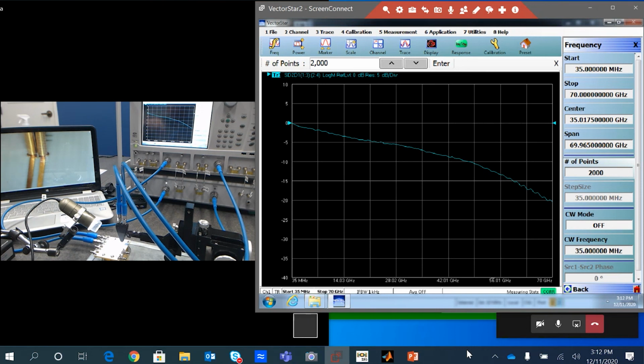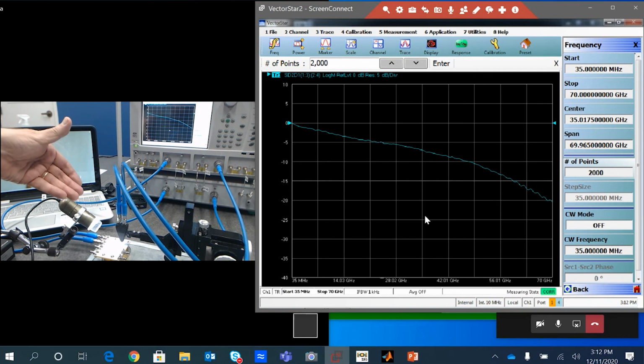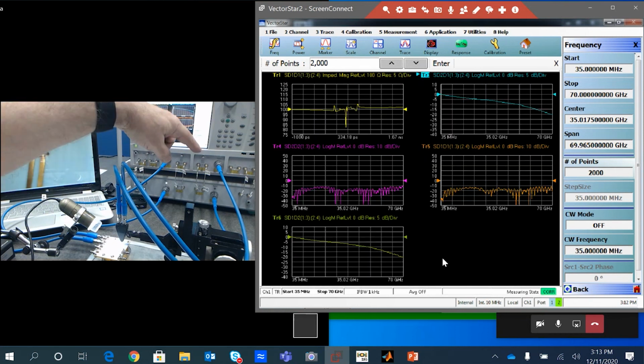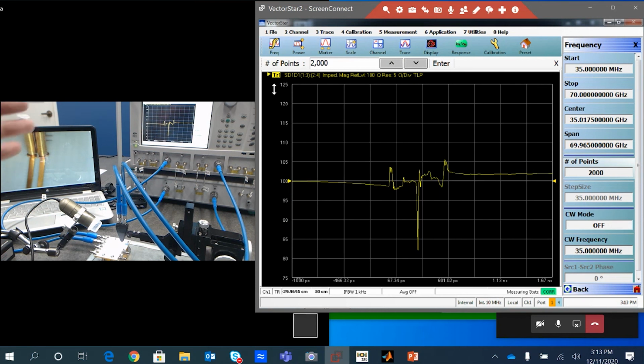So the connection to the VNA is, we have a differential port 1 on the left here, 1 and 3, connected to one side of the probe in situ board, and then the other port, differential port 2 and 4, are connected to the probe. And now that completes the path. So on the display, to verify and help guide that we're making good contact, is the time domain display on the VNA